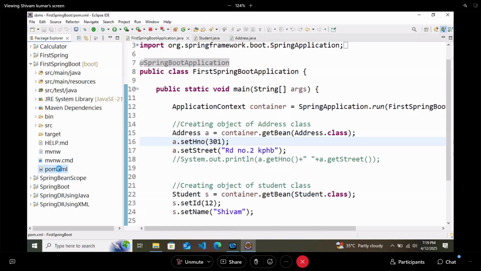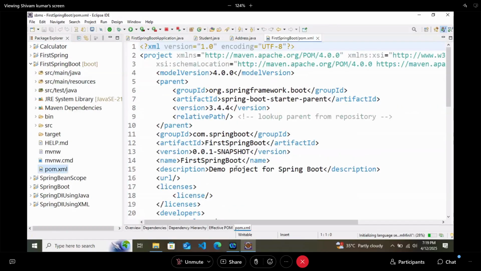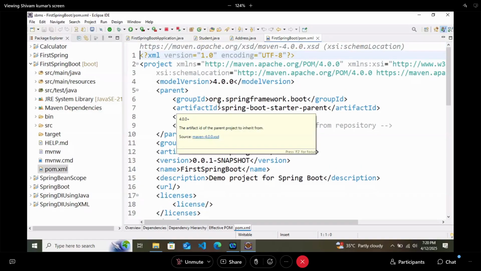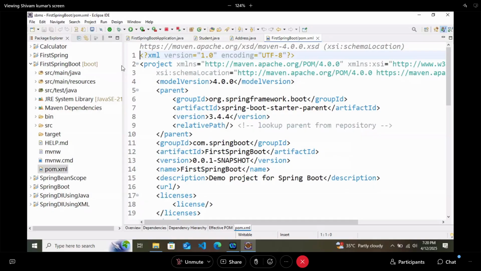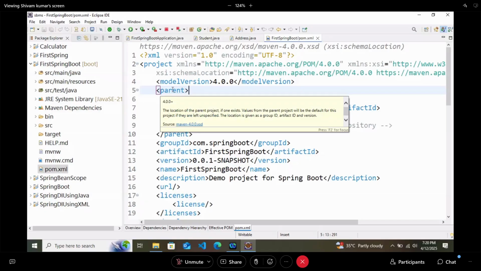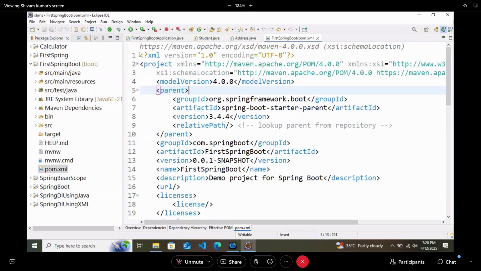Now, there might be one section in your Eclipse. I will tell you. Let it load first. So when you are opening your pom.xml file, see my pom.xml file is looking very good. There is no error. It is possible that it might be showing you some errors, some red lines. It can show somewhere. The first possible error is this, that you will see an error in the pom.xml.